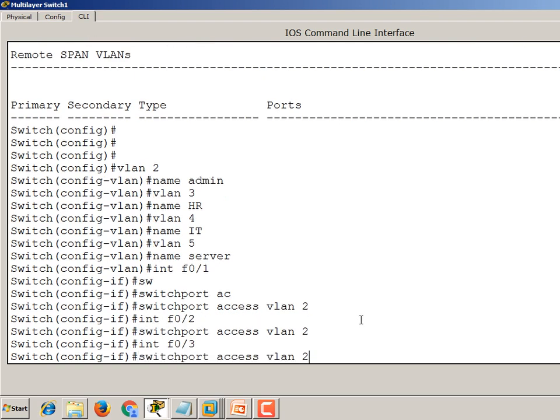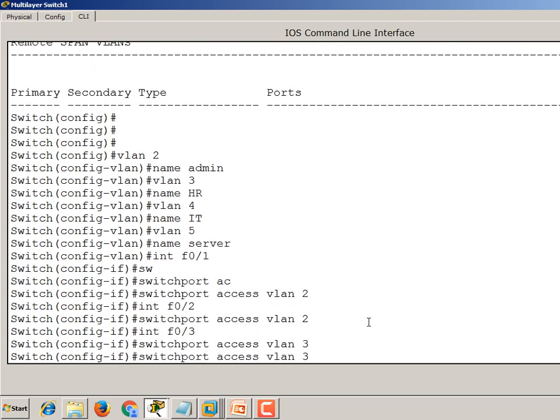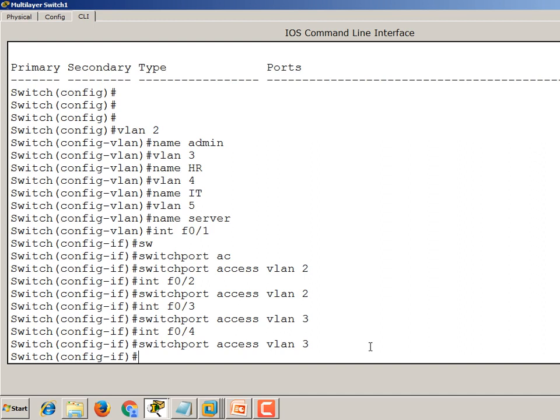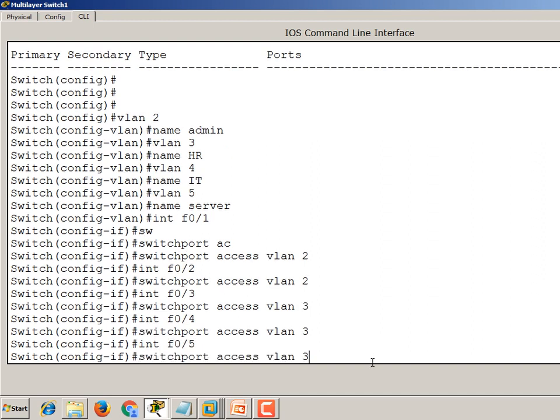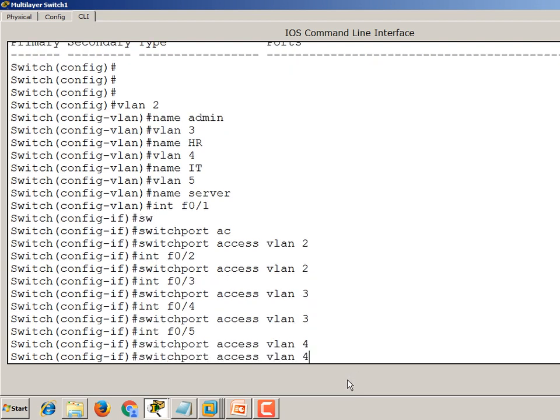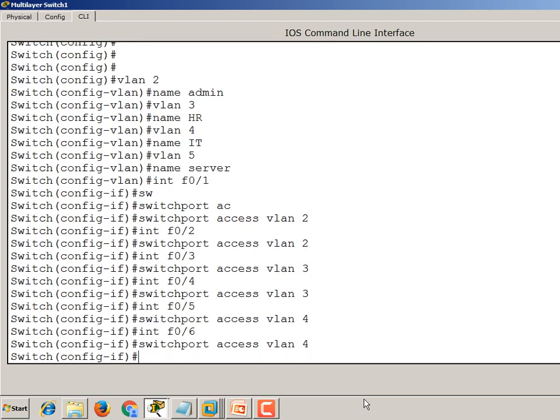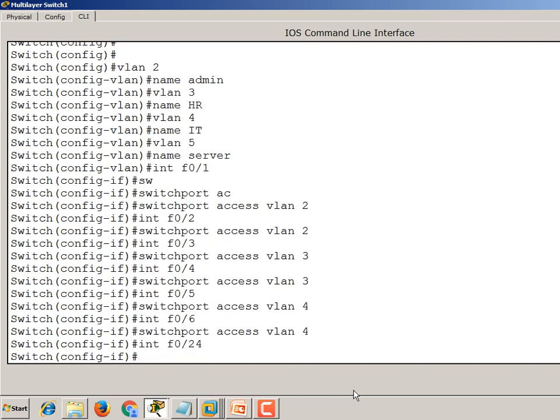The third port belongs to VLAN 3. Even the fourth port belongs to VLAN 3. The fifth port belongs to VLAN 4. The sixth port belongs to VLAN 4. The last port belongs to VLAN 5.